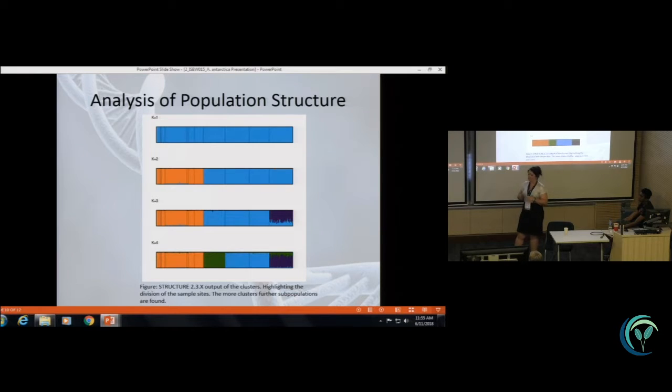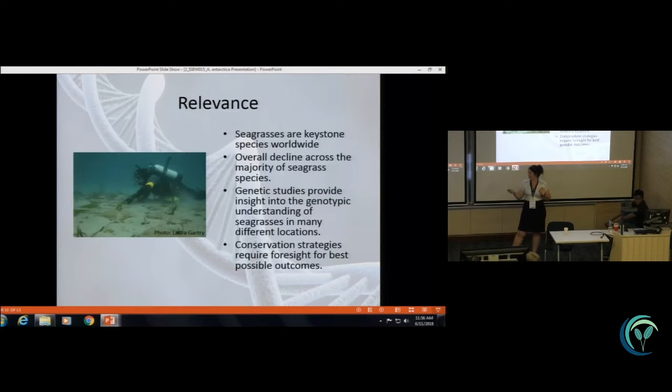Now, these 2 are actually quite close together as sample sites, so you could infer that because they are so close together, the population structure is similar, because they have the same gene flow between the meadows. It would be very interesting to further look at why they broke away that way, but we didn't have the time, unfortunately. So finally, I'd just like to say why we looked at all of this.